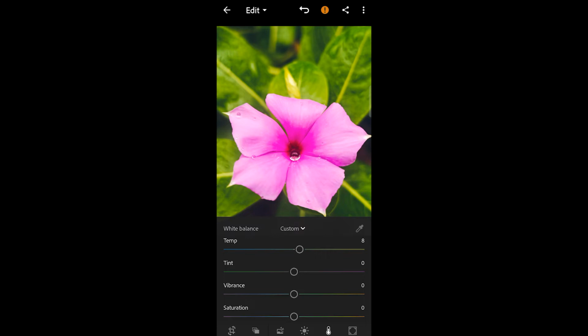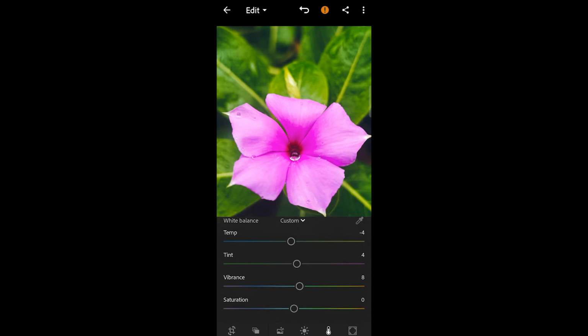Then with the tint I'll go 4 maybe, and maybe I should go blue, it will look better. With the vibrance I am not increasing it much because I don't want it to look very saturated. I want it a bit realistic, and I am not increasing saturation at all.